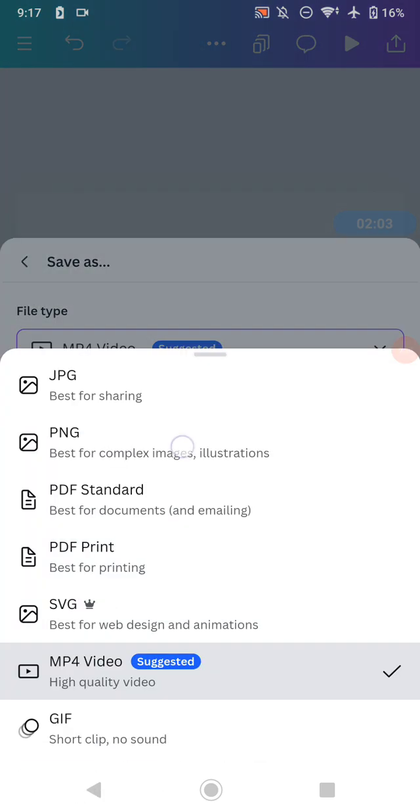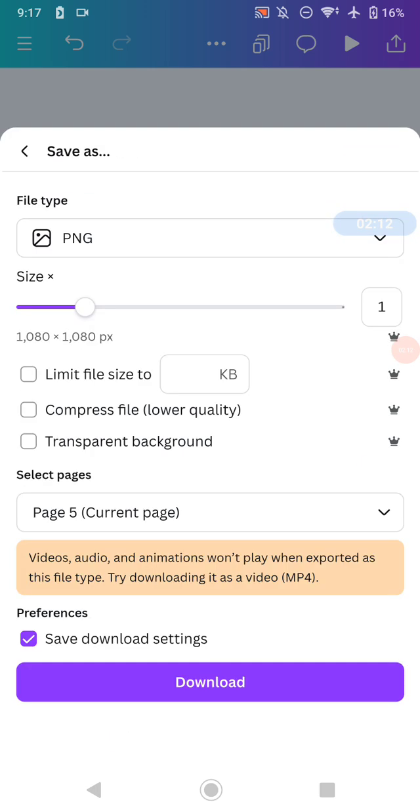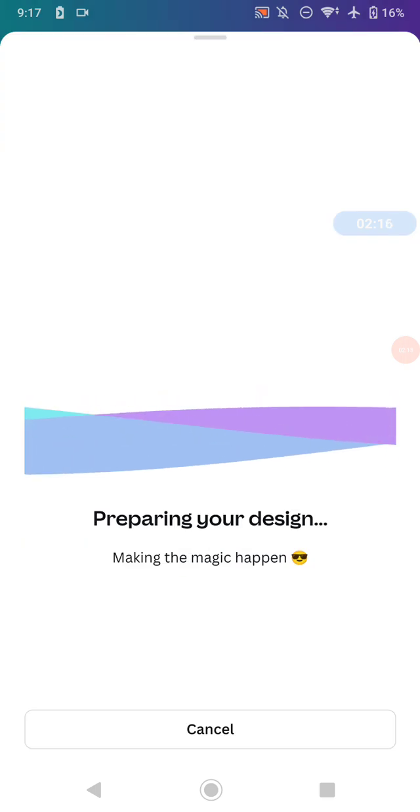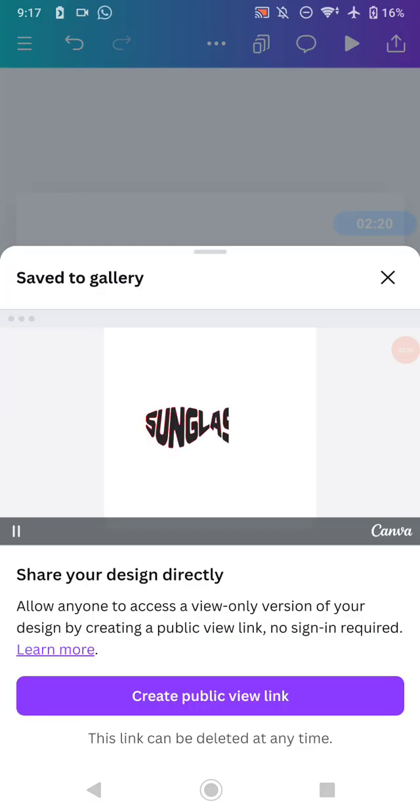Don't forget to change it to PNG. Wait for a moment. Done, and download it. After you finish downloading it,